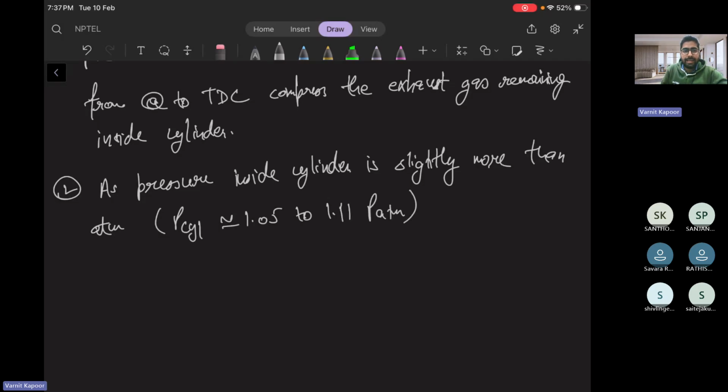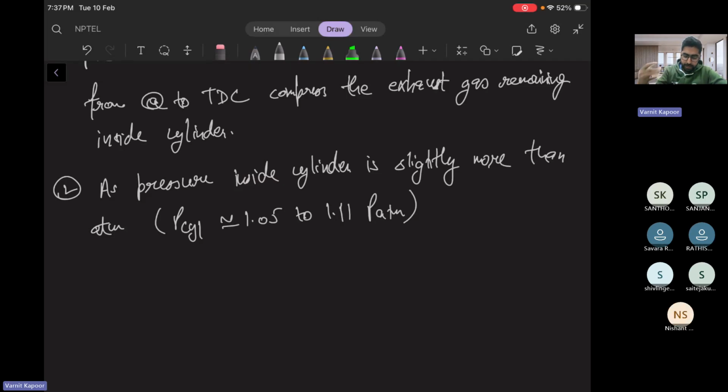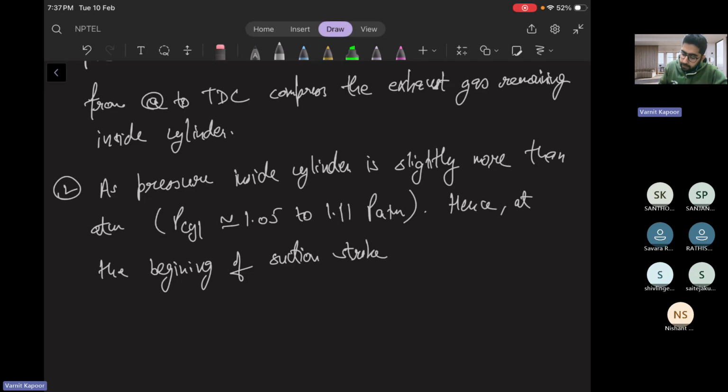It's just slightly higher. So hence at the beginning of the suction stroke, that is figure number 4,